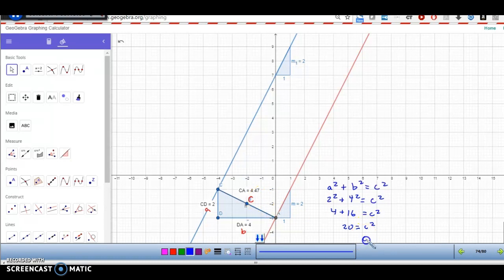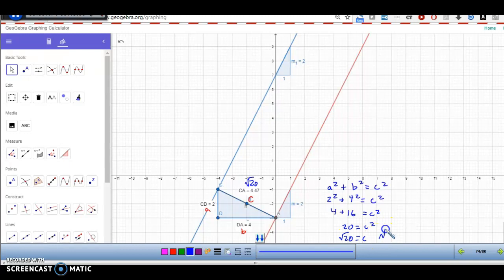We want C, so we're going to take the square root, and C is the square root of 20. So the actual distance here, which they have labeled CA, which of course is that distance, is the square root of 20. Now, many times we like to express square roots in a simplified form. So the square root of 20,